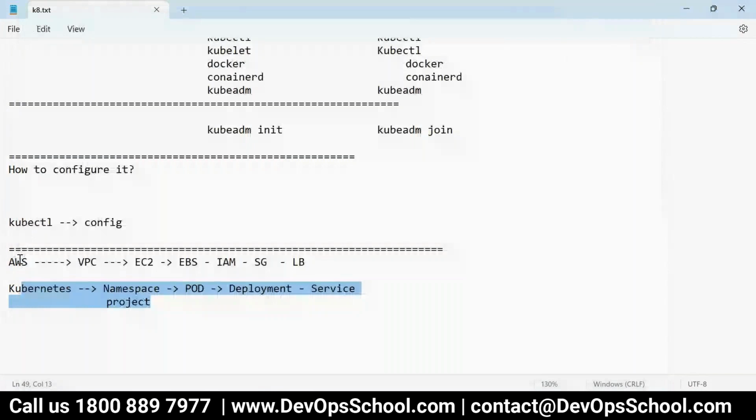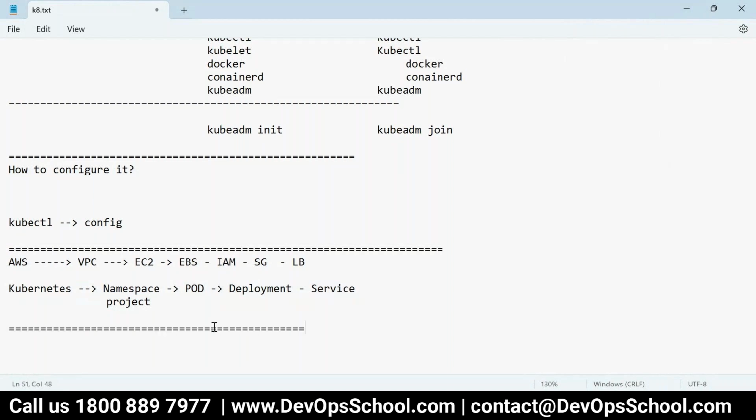So guys, this is the Kubernetes cluster which is ready to use. And now we are going to create a namespace, pod, deployment, service and all. So what is a namespace? What is a pod? What is a deployment? What is a service? I need to discuss those and then create them. Okay. So any questions so far, all of you?